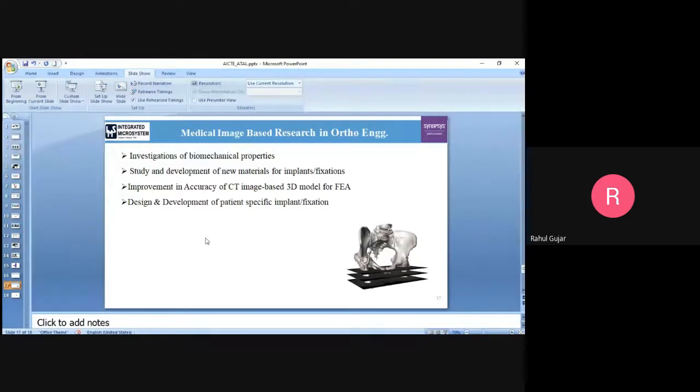Third is improvement in the accuracy of CT image based 3D models for FEA. After getting the 3D model from the image data, it will go to other software for finite element analysis, for CFD, for finding its mechanical properties.